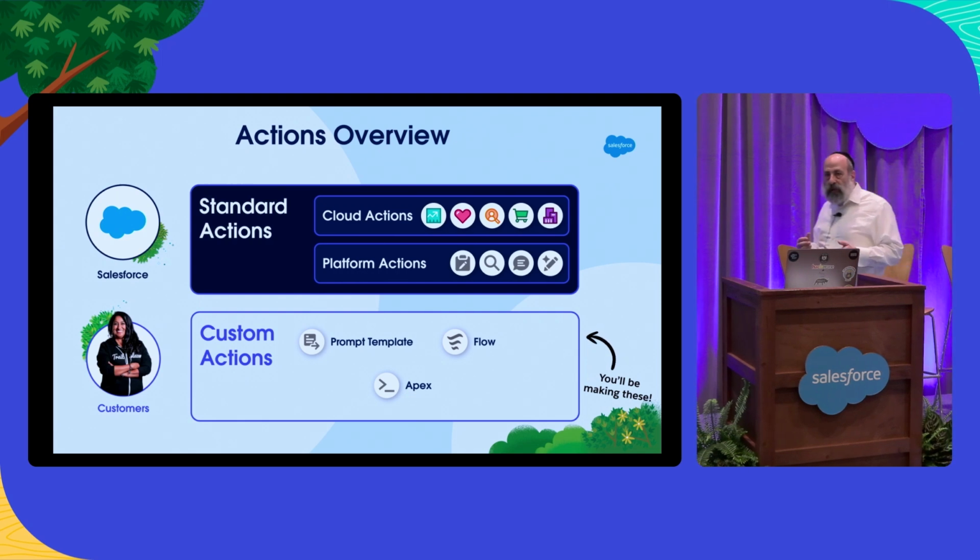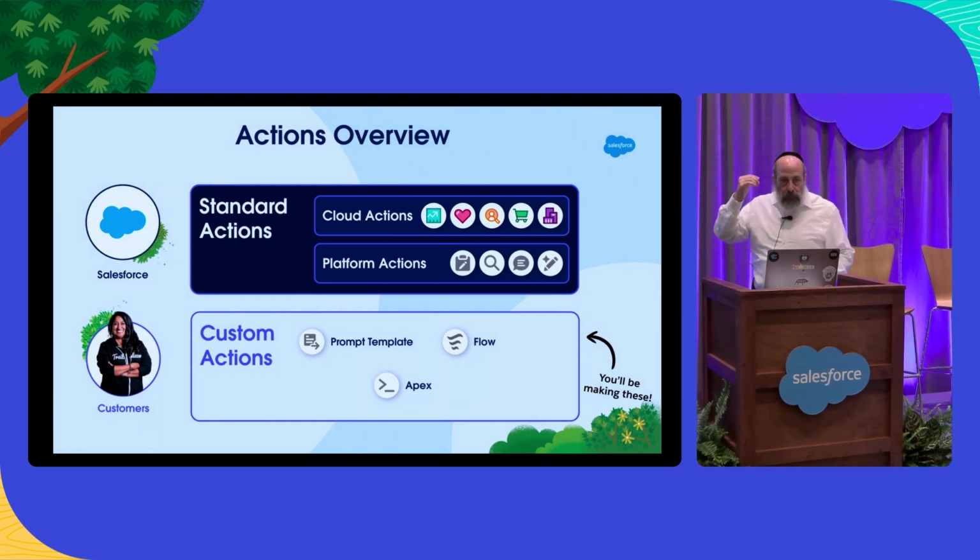And then above that you have the cloud actions, where Service Cloud may have a need to summarize cases in a very different way than Sales Cloud has a need to summarize accounts or opportunities. So we have the ability to take the lower-level platform actions and extend them to provide additional capabilities without starting from scratch. You, as customers or partners, now have the ability to build your own actions,